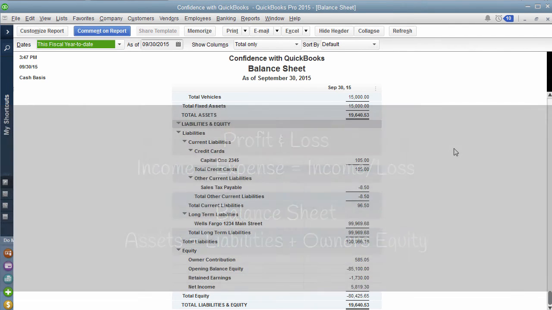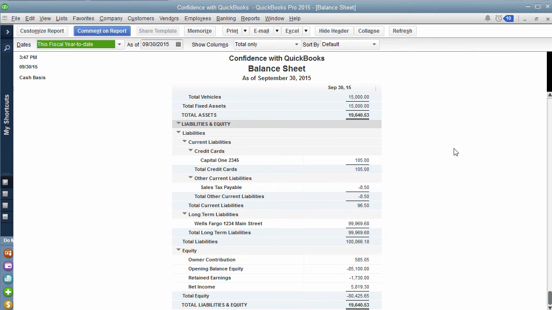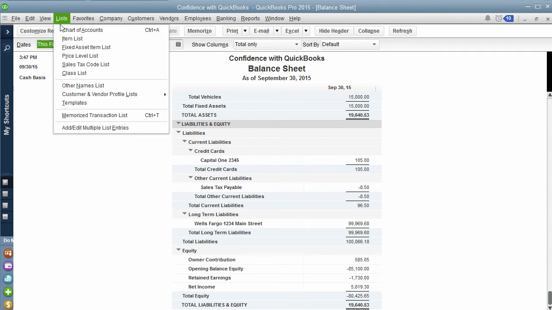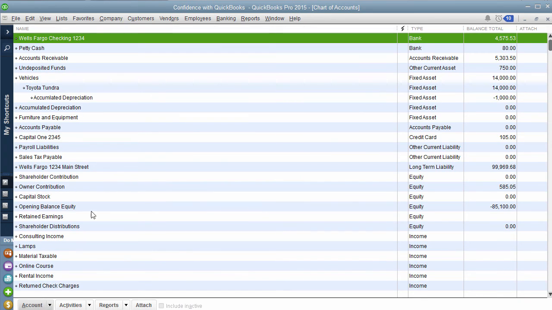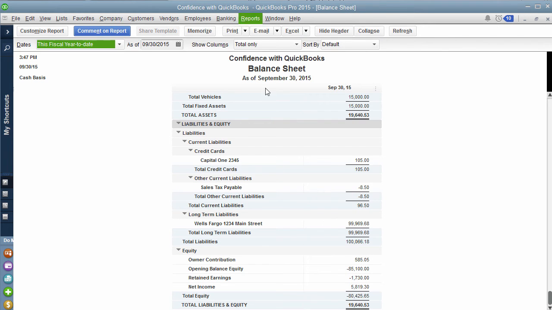The second part of the question was, where do the figures come from? They come from your chart of accounts. They come from whatever you've put into QuickBooks. Can you choose which accounts show up on your balance sheet? Yes and no. You can choose whether you pick cash or accrual basis. There's a couple other specialty customizations, but really what's going to show up on the balance sheet is based off of what you have included inside of QuickBooks under List, Chart of Accounts, and whatever balance it shows here, or whatever balance is as of the date you pull it, is what's going to show up on the balance sheet.